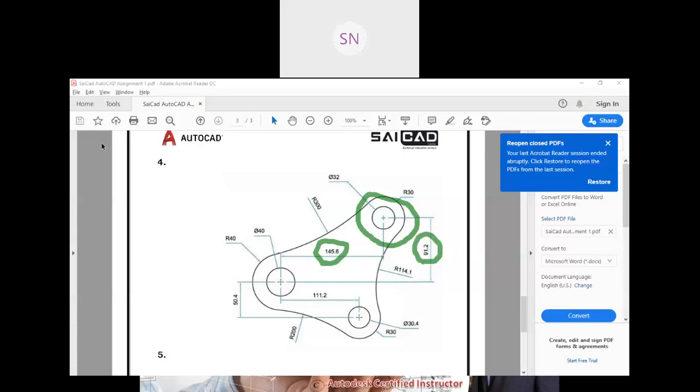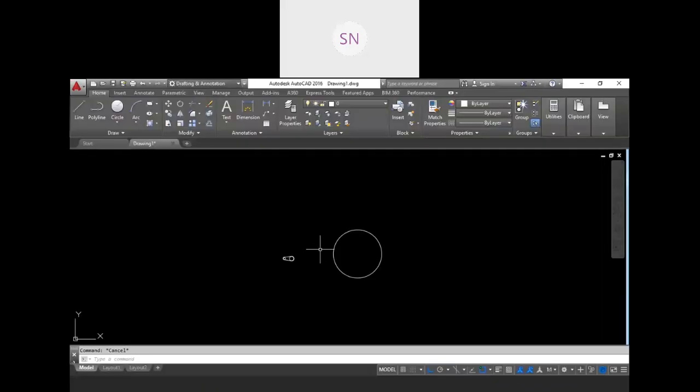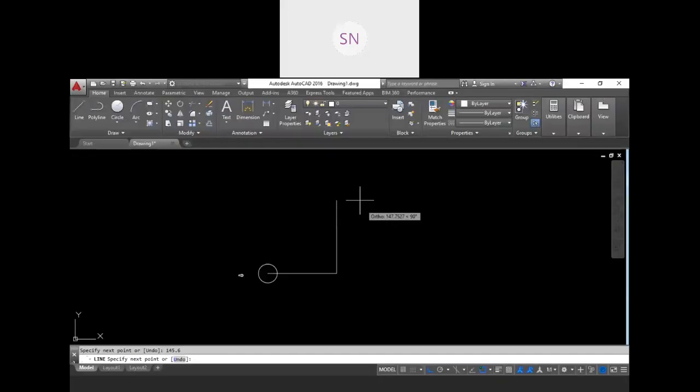So let me create one line for that. So I am creating one line, L enter, starting from this center point, 145.6, enter. Then we should go on the top side, how much? 91.2. So in this direction 91.2, enter.